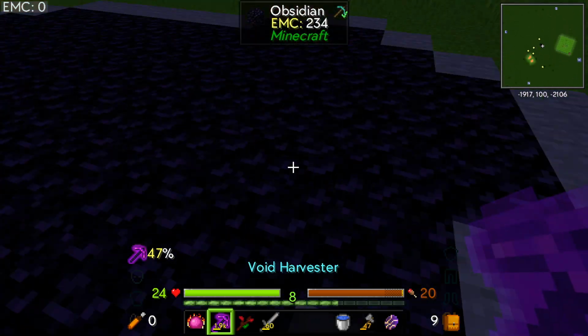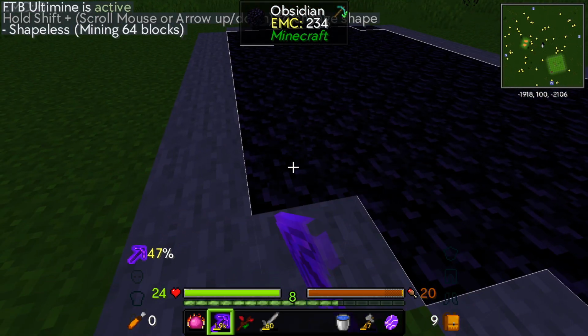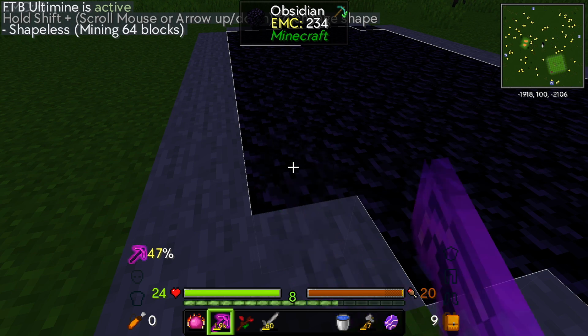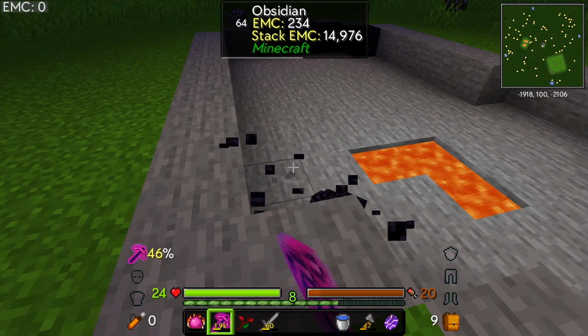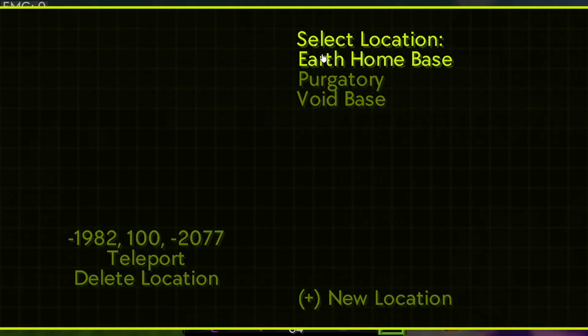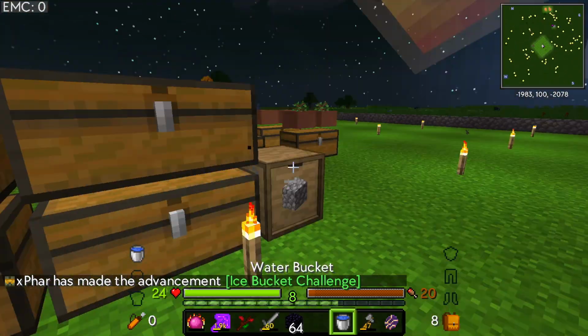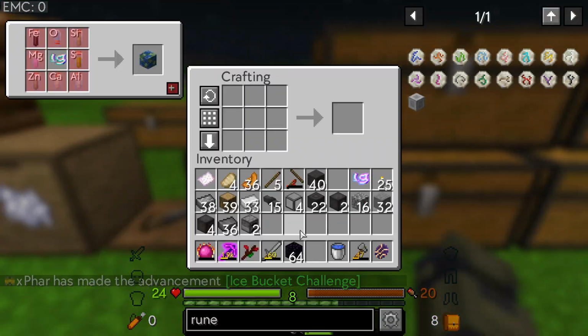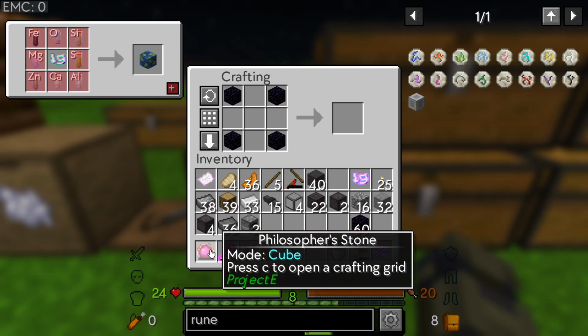Perfect. And our harvester, fortunately, can harvest obsidian. So let's just vein mine it quickly, and grab it. Tempad, run program, earth home base, teleport, go through. Haha, we survived. Okay, so now that we've done this, we can now go obsidian, obsidian, obsidian, obsidian, and philosopher's